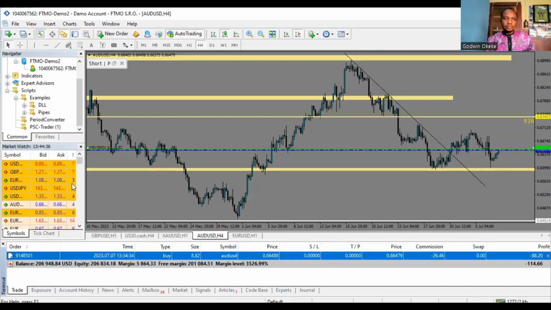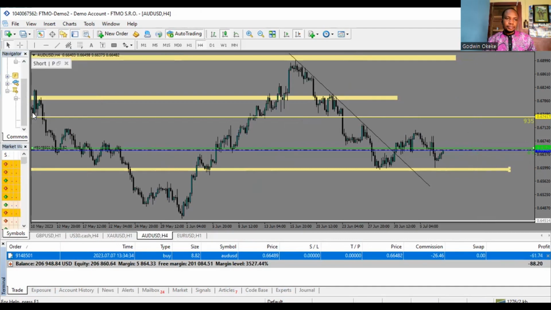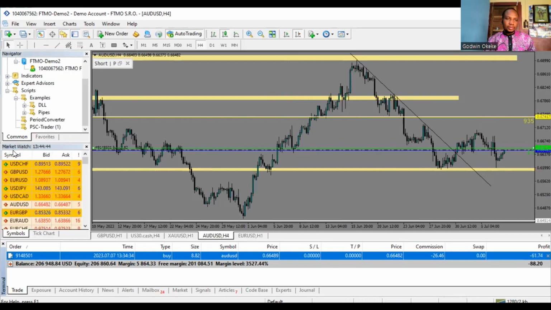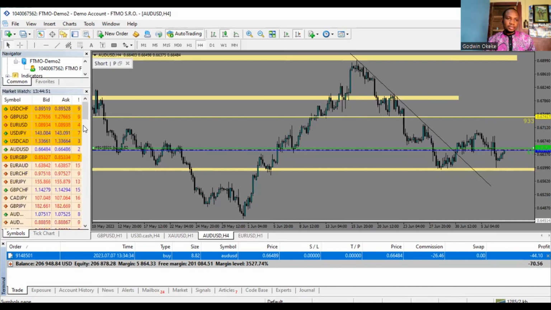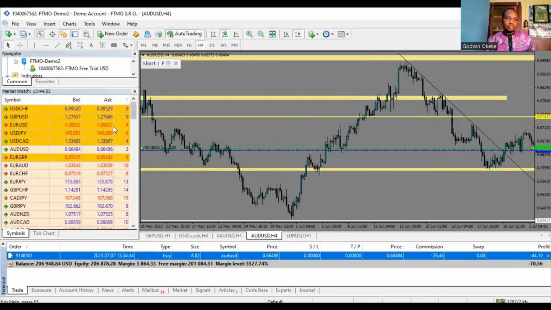So let's check the market watch. This is the market watch. Alright, you can see the market watch. This is where we see all the currencies that we are about to trade in the market, the different currencies that your broker has provided for you. This is where you see all of them and their current prices, their bid, their ask, and what their different